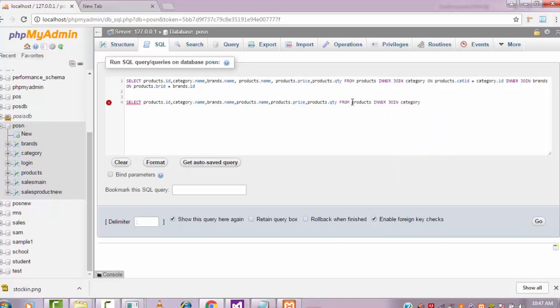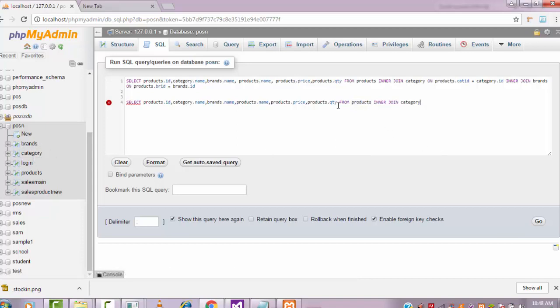Here what I did is I first join product table and category table. Here the main table will be product. Here I will explain after writing the code why we take this product table as a main table. Products we connect with this table. After that we connect with brand table.